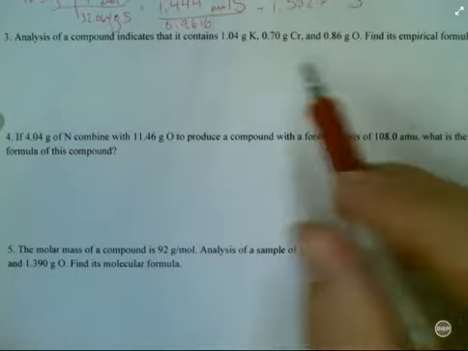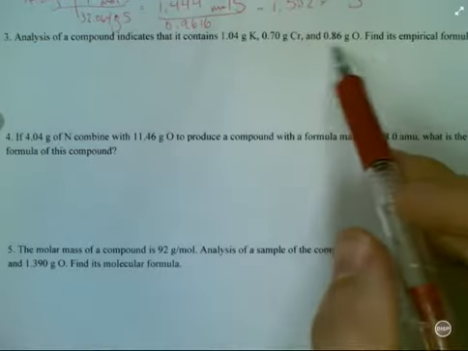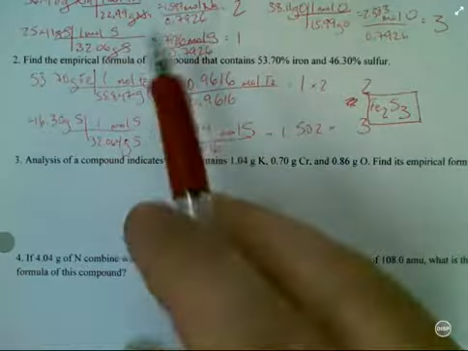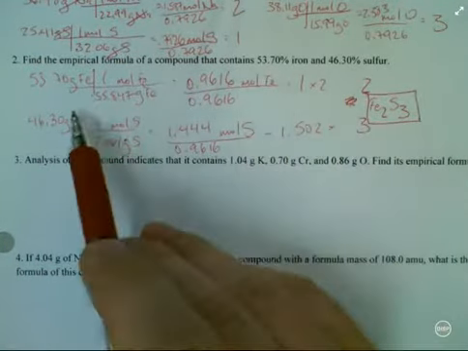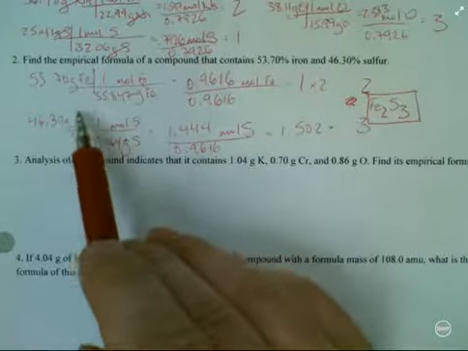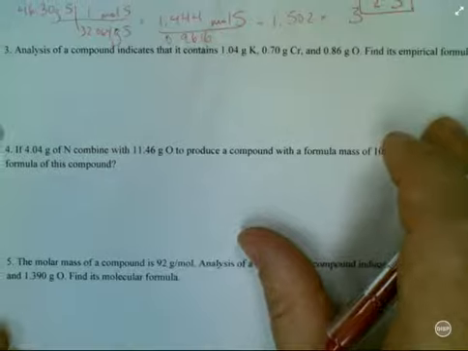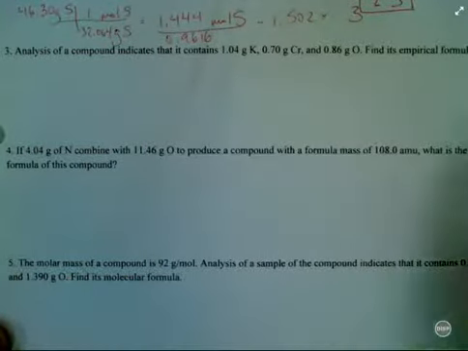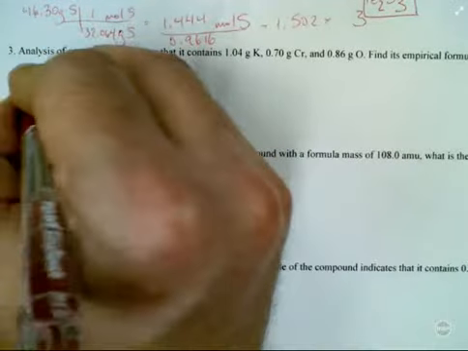So they have actually given us already these gram values. Remember, in these previous sample problems, we've been taking percentages, and we've been having to assume a 100-gram sample so we could get them into gram units. Well, in number 3, they're already gram units, so you don't have to assume a 100-gram sample. There's just some sample that you got, right? So we start with the